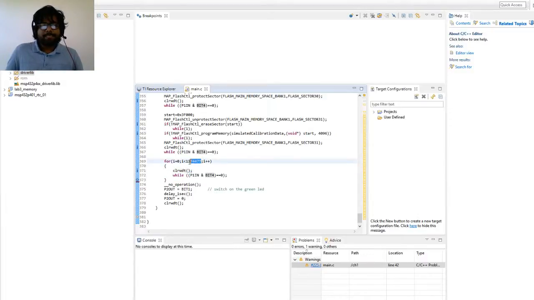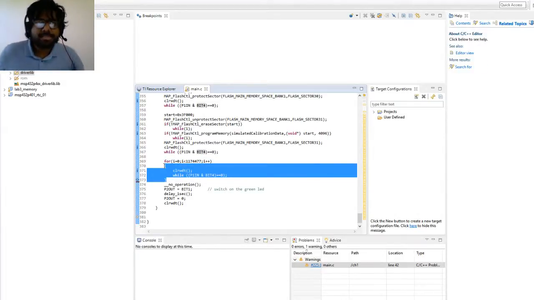This number was chosen by executing the same for loop around 100 or 1000 times, noting down the cycle count value, and extrapolating it so that the total time with this padding reaches 1 minute. That is our requirement. So after this is done, it means that 1 minute has been reached and we have written everything that we need to write in the flash memory.